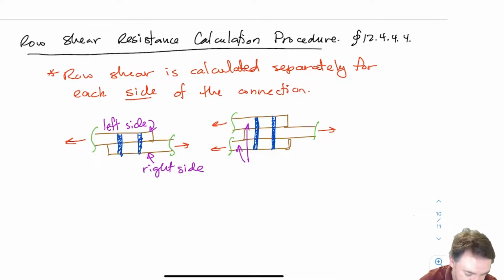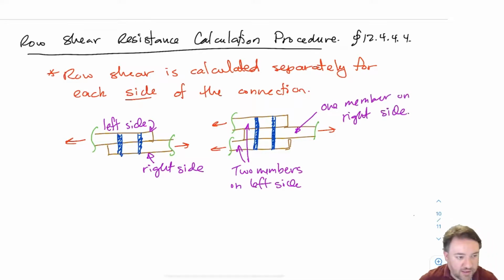then I have two members on my left side and only one member on the right side. So for the left side row shear resistance, I'm going to find the row shear for each of those members on the left and then add them together to get the total row shear resistance for the left side of the connection. Okay, if those two are the same members, then I can calculate row shear for one of them and then multiply it by 2, right? Because I'll have double the strength if I have double the members. Double the members and double the fun. Okay, so let's